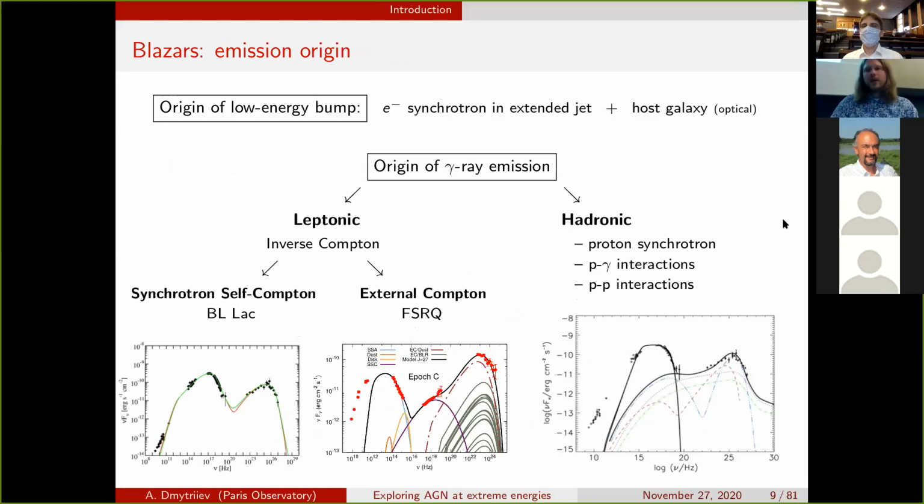it's a debated subject. For the low energy bump, there is a consensus that this is synchrotron emission of high energy electrons which are radiating in the extended jet, plus a contribution of the host galaxy in the optical domain. And for the origin of the high energy bump, this is debated, and there are two classes of models: leptonic